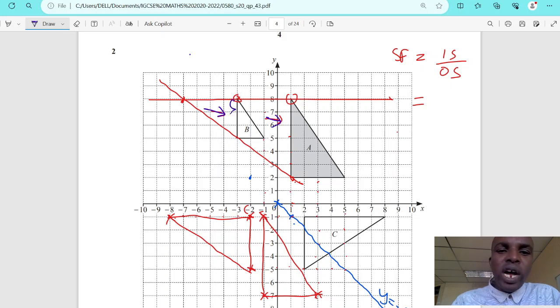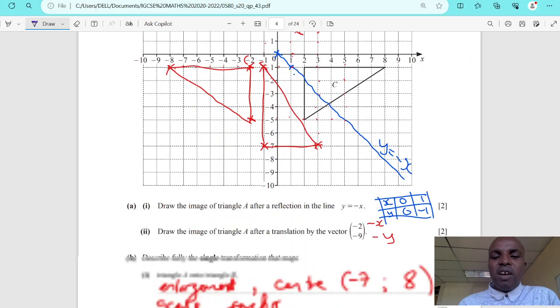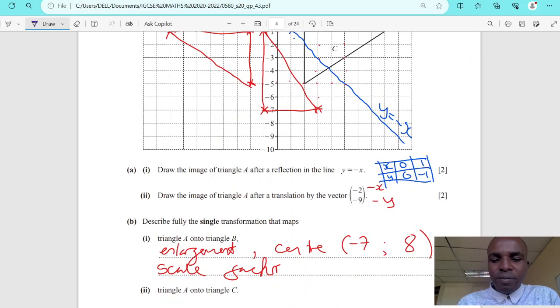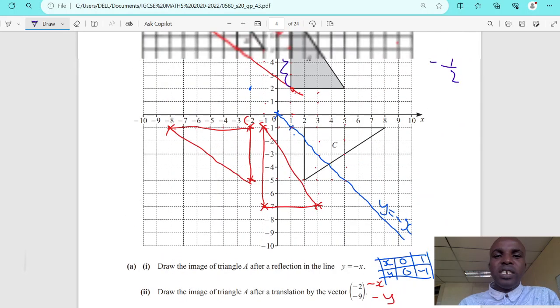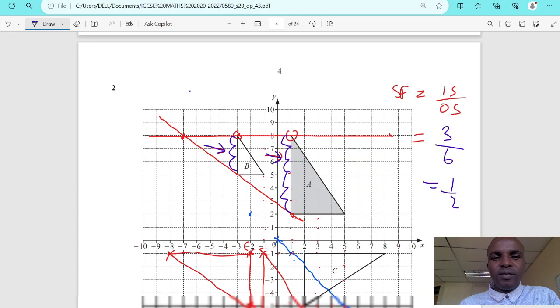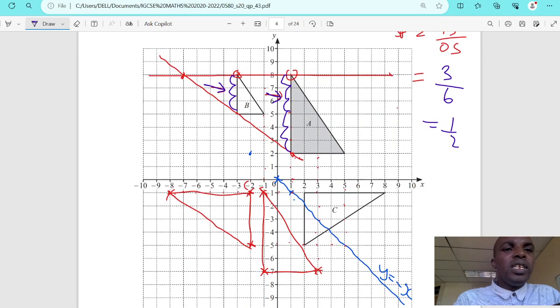How many boxes? 1 2 3. So it will be 3 boxes over A. 1 2 3 4 5 6 over 6. Then this will give you half. So scale factor half. Just like that. Just like that. The next